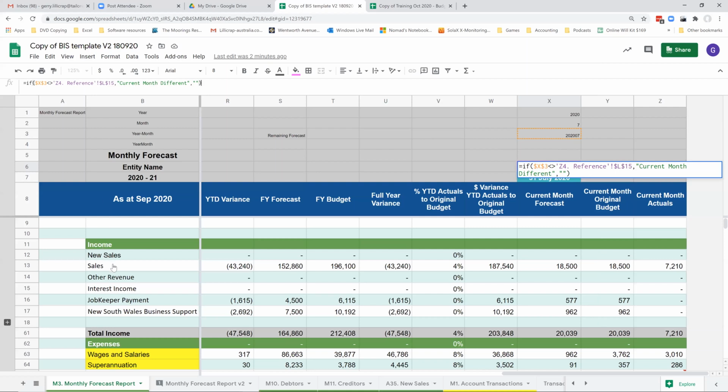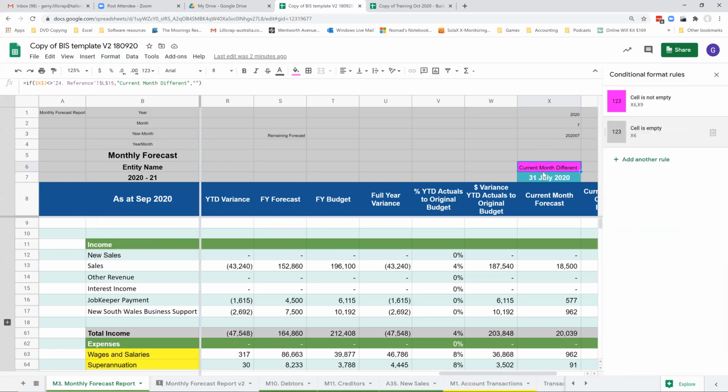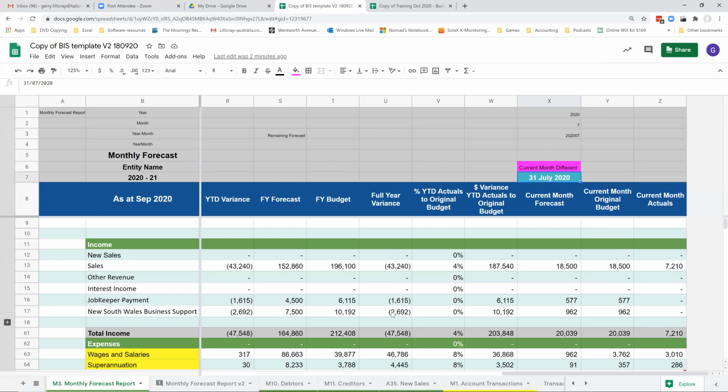The reason that there's two conditional formattings for that cell is I wanted a particular color for the default. So if it is empty, then the fill color is the same as the surrounding cells, and it just blends into the background. So again, we just make that 30 September, and the visual flags disappeared. So that's